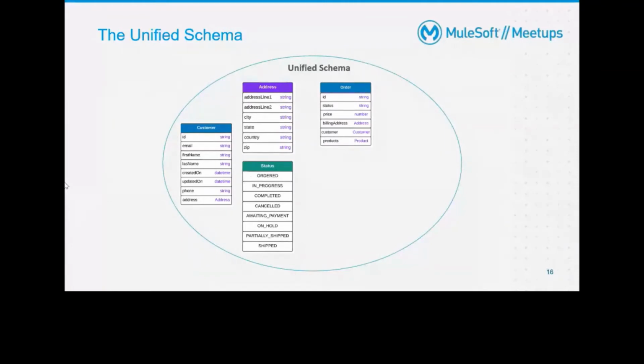Either you can rename it or you can keep it as address, but we can store it as a single object by linking them. I will also show how we can link those objects in Anypoint Data Graph.